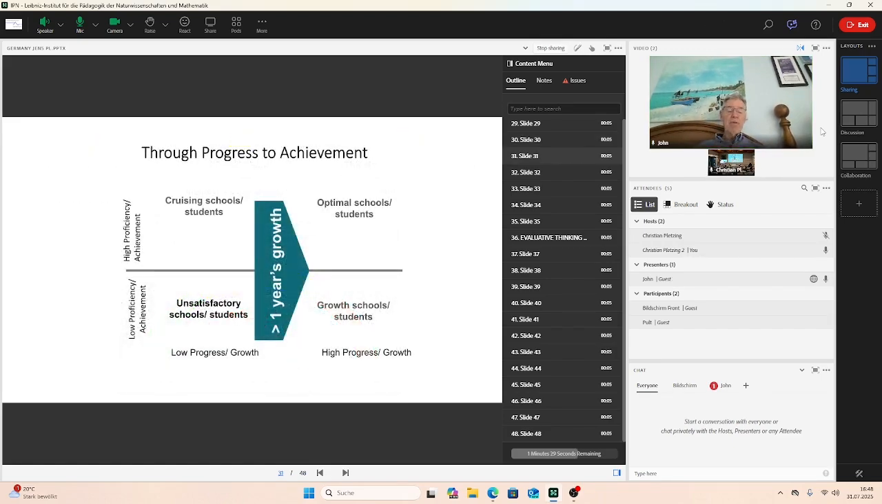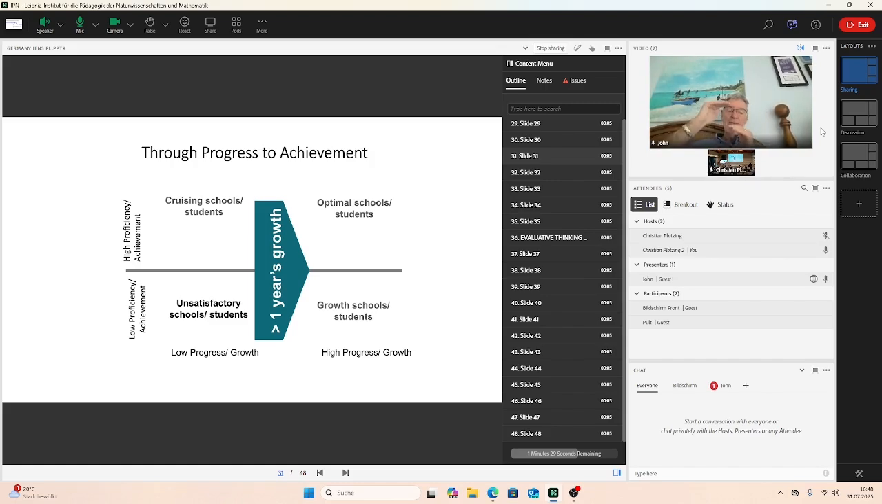Let me be more specific about progress to achievement. On the side of the chart is achievement, and we all know how to measure that. On this side of the chart is progress. And yes, we use effect sizes over time. And what we want to know as teachers and as students and as parents and as a system,